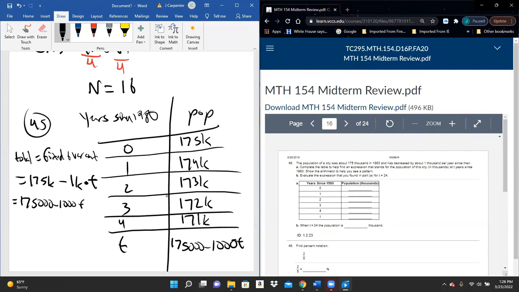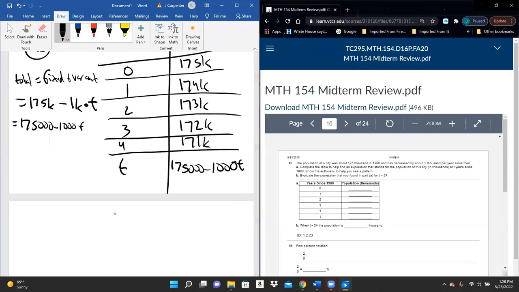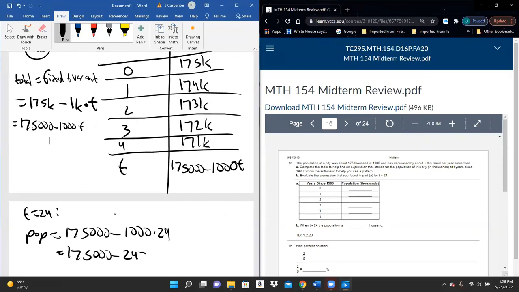And then for part B, they say to find the population in thousands when T is 24. So when T is 24, then our population would be 175,000 minus 1,000 times 24, which is 175K minus 24K, which is 151,000. Now, I think in the answer key, they write the answer to the population is a little